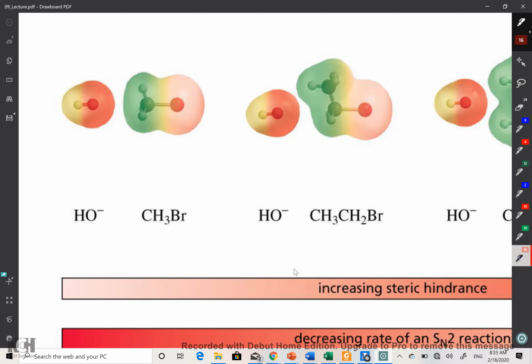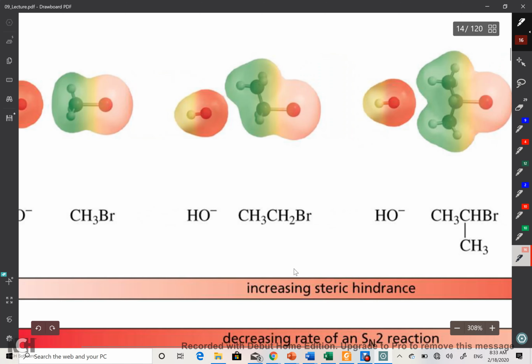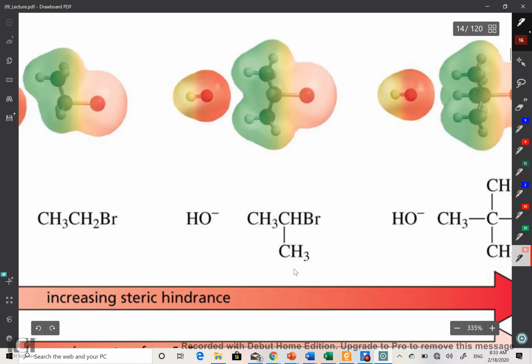Because when you look at a primary alkyl halide and compare that with a tertiary alkyl halide, you notice that the carbon atom of a tertiary alkyl halide is too crowded. It's crowded with the neighbors. So it's hard for the nucleophile to attack. And so,